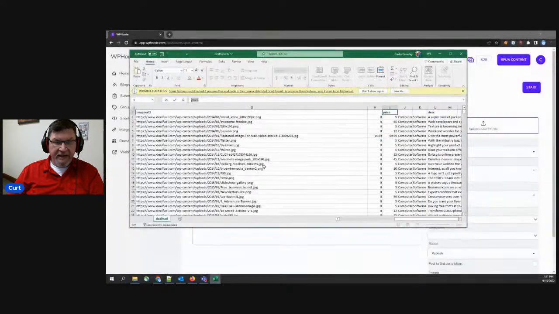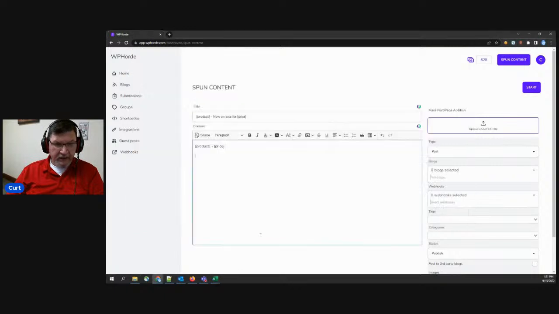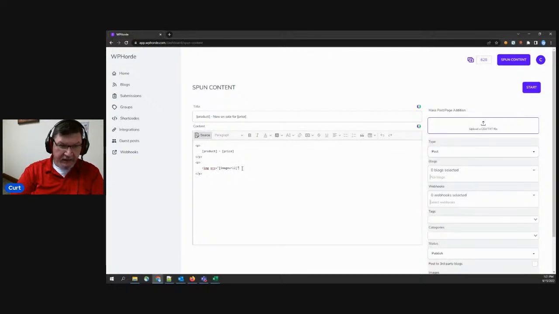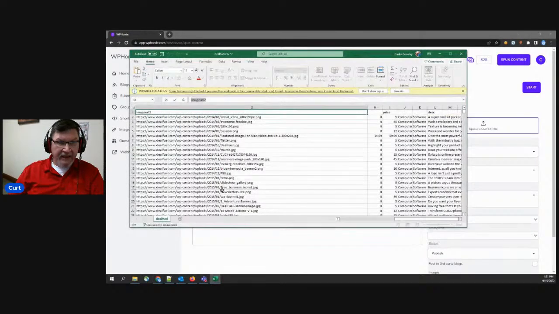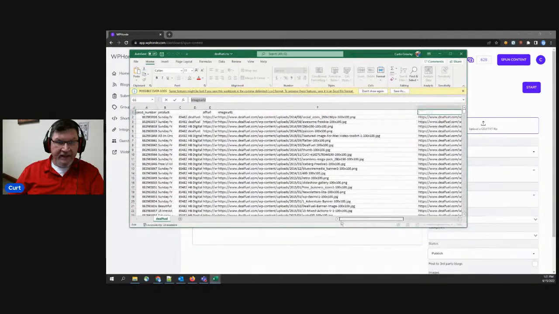Come down here. This is image URL 2. I'm going to grab that. So I'm going to come over to source, and I'm going to do img src equals. And then remember to put these in the square brackets. Now, if I wanted to wrap that around my affiliate URL, a href equals, come back over here. Here is my affiliate URL,